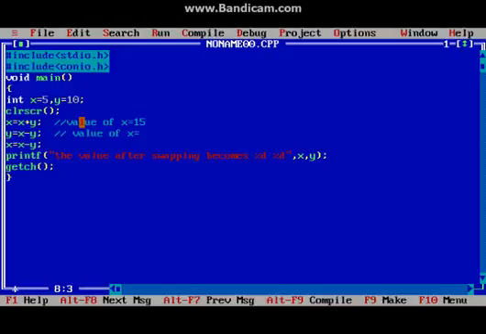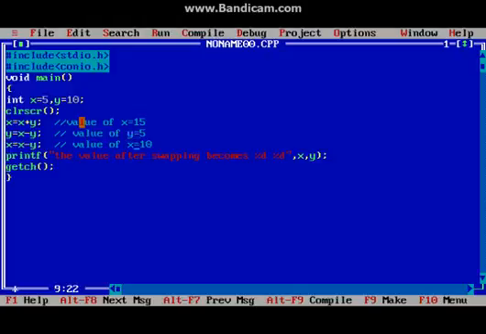Then the value of y will become 15 minus y, that is 5, so the value of y becomes 5. In the next line, the value of x is 15, and by this line the value of y is 5, so the value of x becomes x is equal to 10.